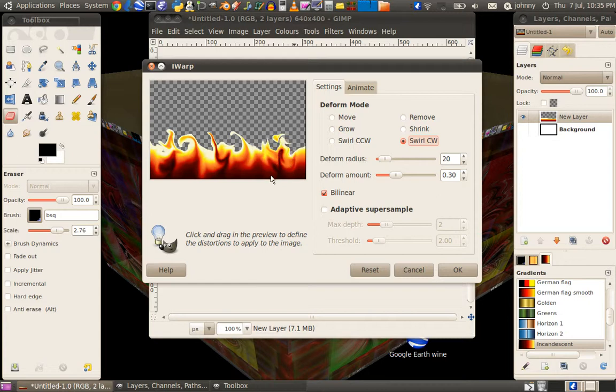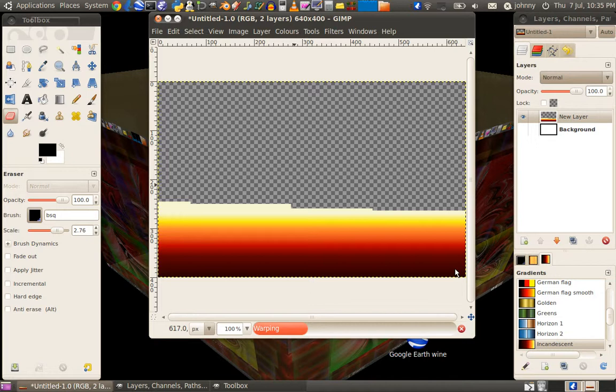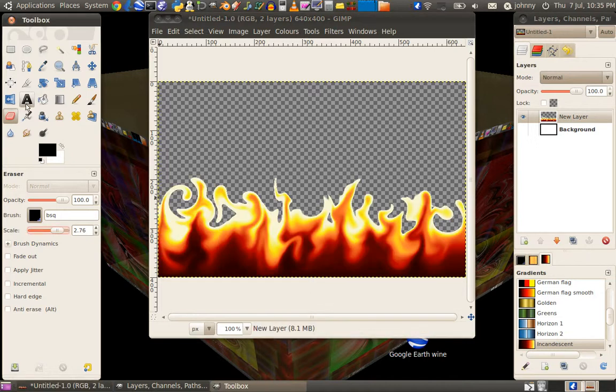We need to get some of that darker color up into the light. Just keep swirling it until it looks flame-like. The more you swirl, the better the flame often. Okay, that looks good. Okay, so now we're gonna